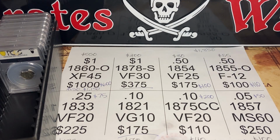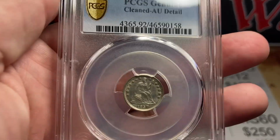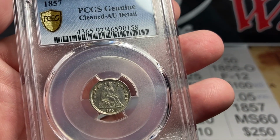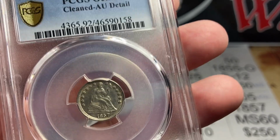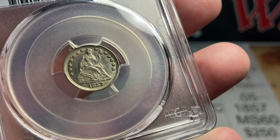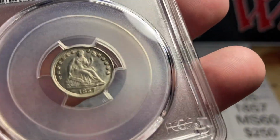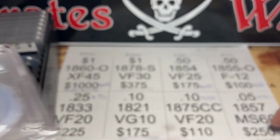Let's see what we got. And we're going to start off right here with this guy. This is an 1857 PCGS cleaned AU detail. This is a seated half dime. And I had bought this with high hopes. I really was hoping it was not cleaned. And if you can see my list here,